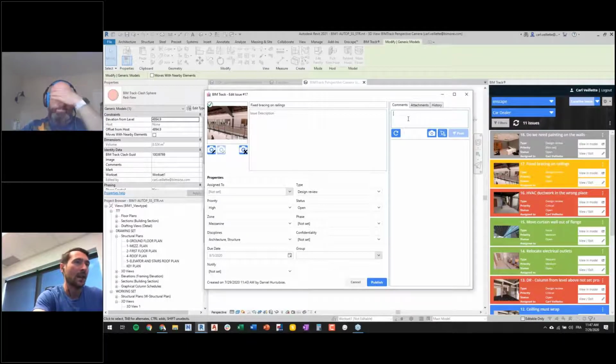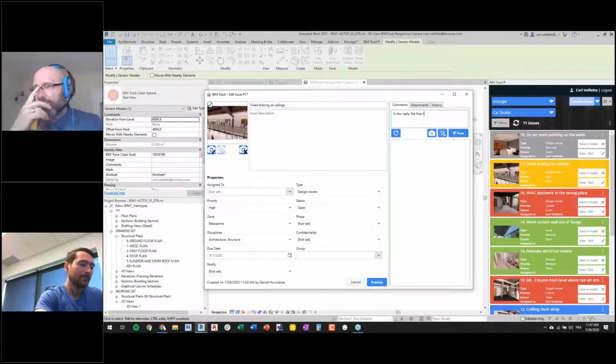In this case, BIMTrack is acting a bit like a live communication channel between the different stakeholders. So I'm gonna say, is this really the final type of railing required?